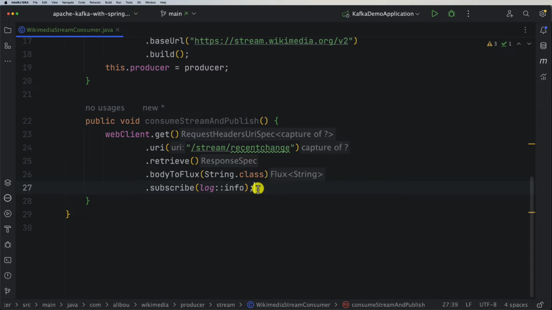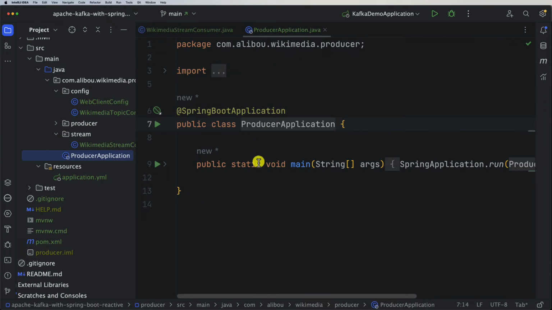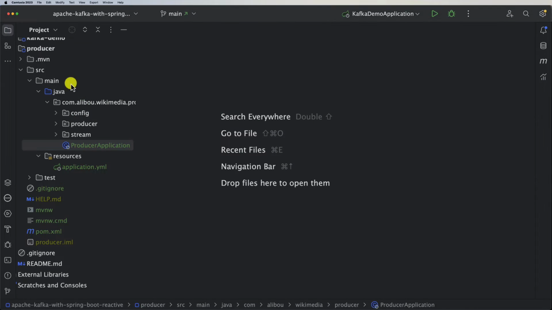So what comes next is we need to create a REST API which helps us to trigger this consumption of the API and sending the data. So let's go ahead and do it, or you can also do it in this place by injecting a CommandLineRunner bean and just triggering this consumer. But let's make it a REST API. That will be better. Perfect.